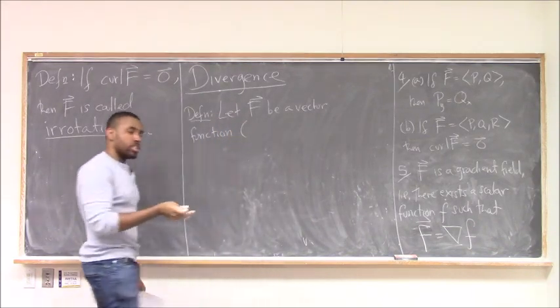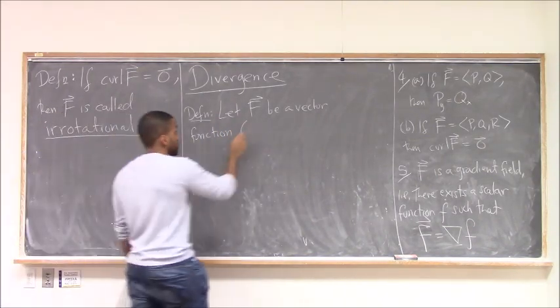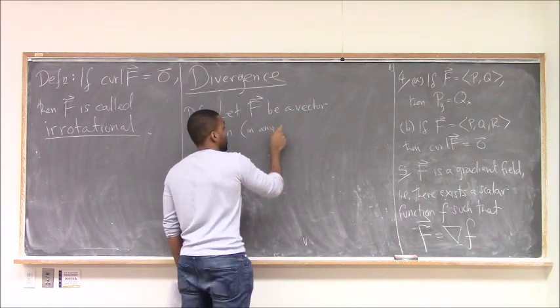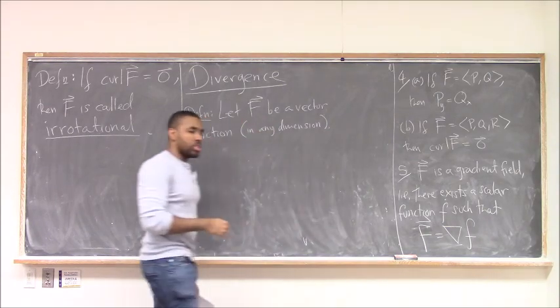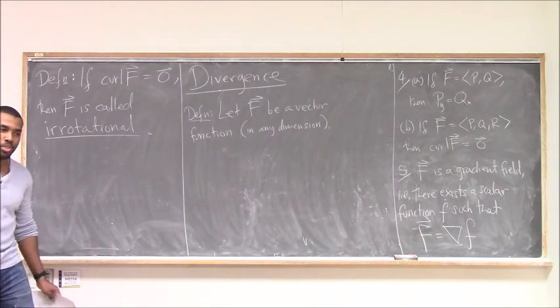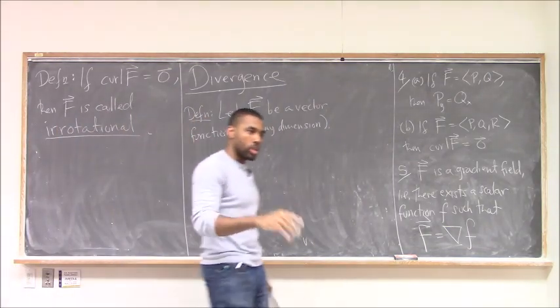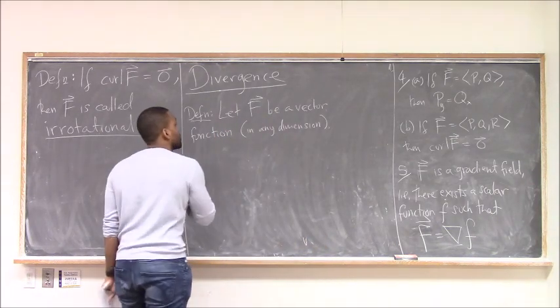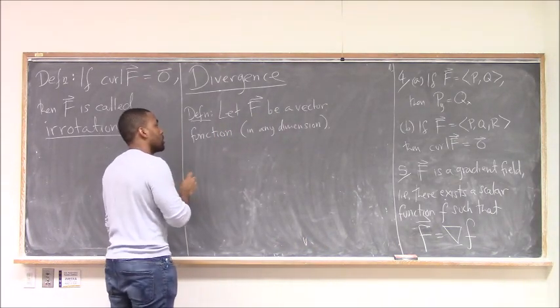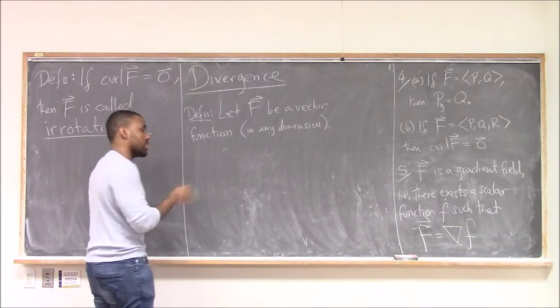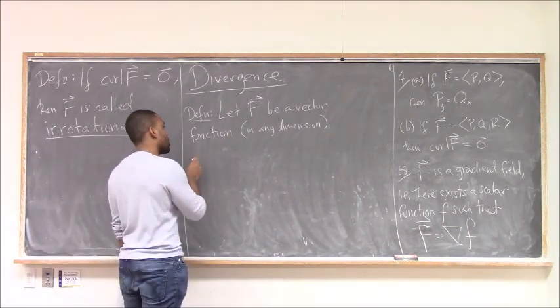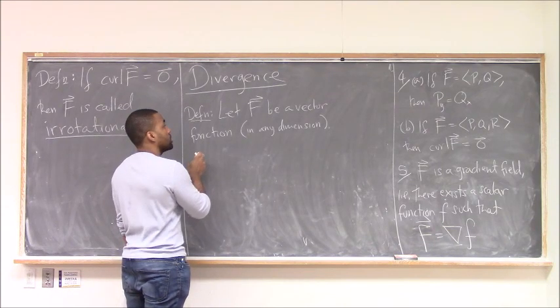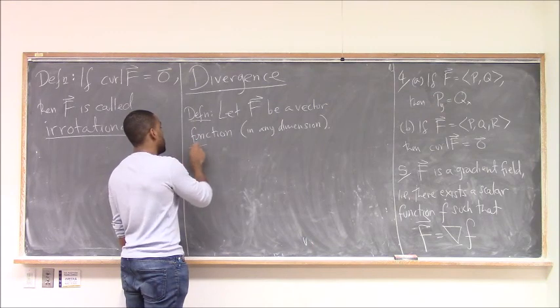By the way, divergence can actually work in any dimension. Right, so that's one difference there. The curl has to be in 3 dimensions. You can only find a curl in 3 dimensions. Divergence, though, you can work in multiple dimensions. This is a scalar. It'll kill any vector and turn it into a scalar anyway. So it's not exactly a cross product, it's something else. So let f be a vector function in any dimension. Then